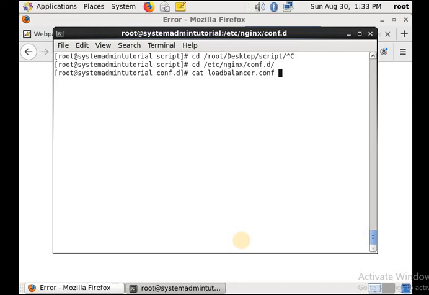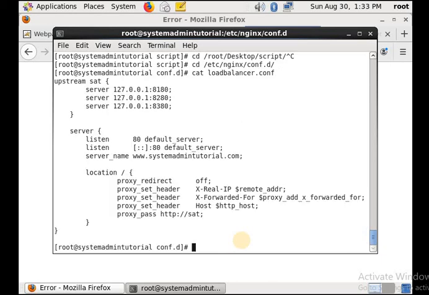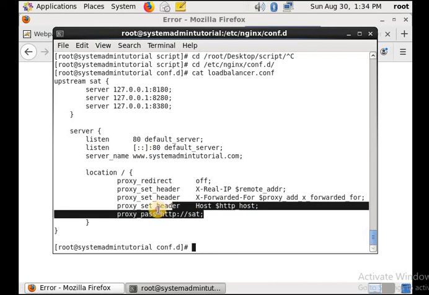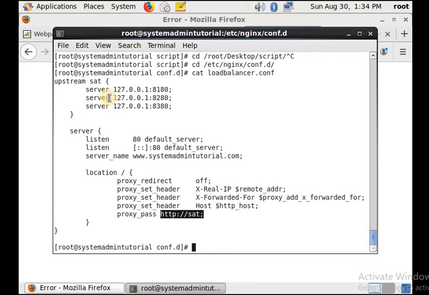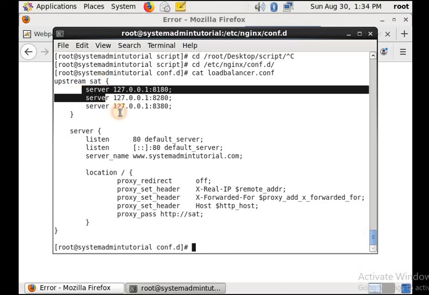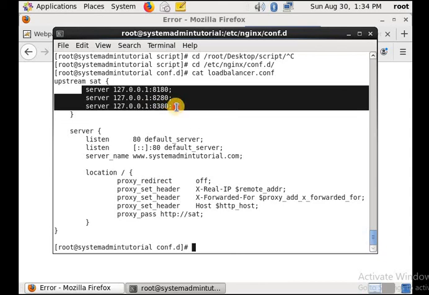The name can be anything; I have given it as load balancer. Whatever the proxy pass parameter is, the name will be the same as the upstream name. And here the server can be defined as per the IP address or the port number running on your environment. I think this will help everyone to set up Tomcat load balancing by using the Nginx server.